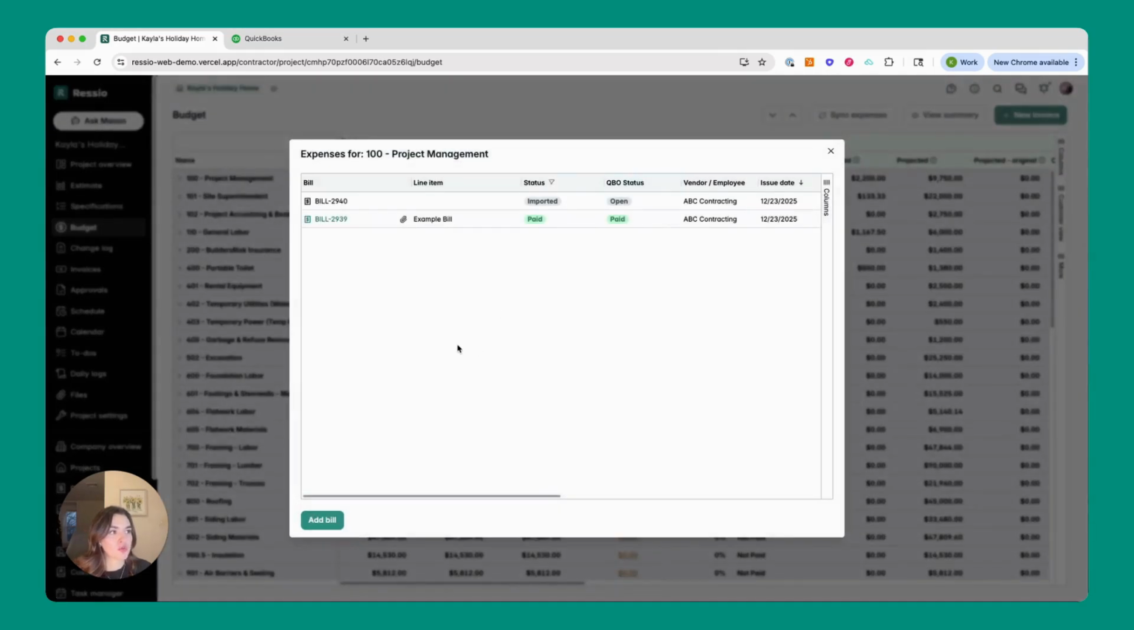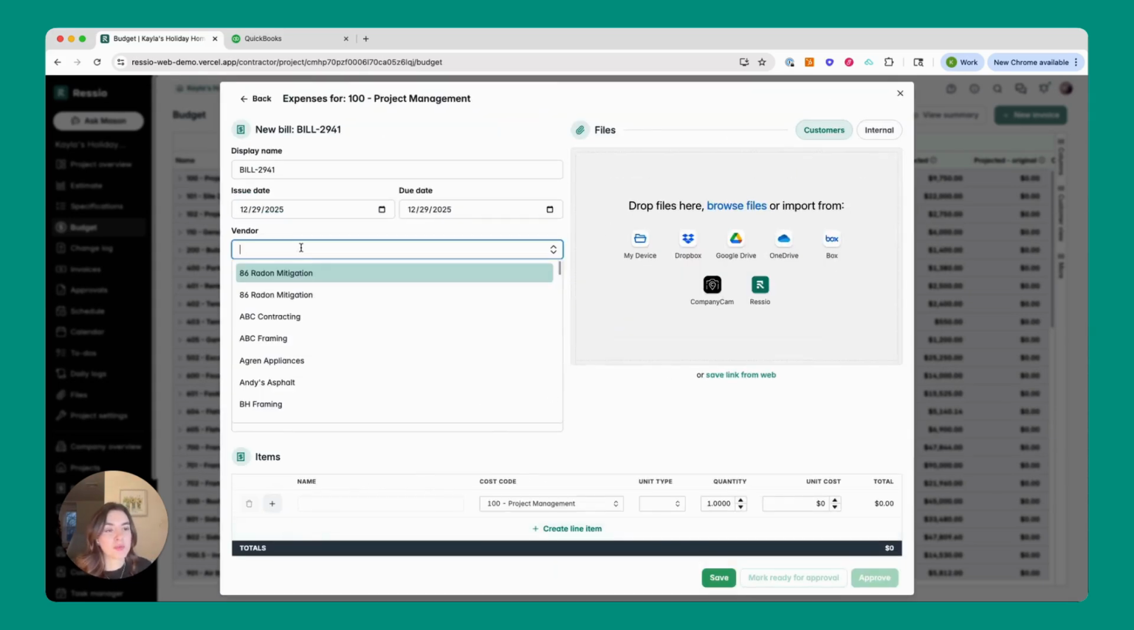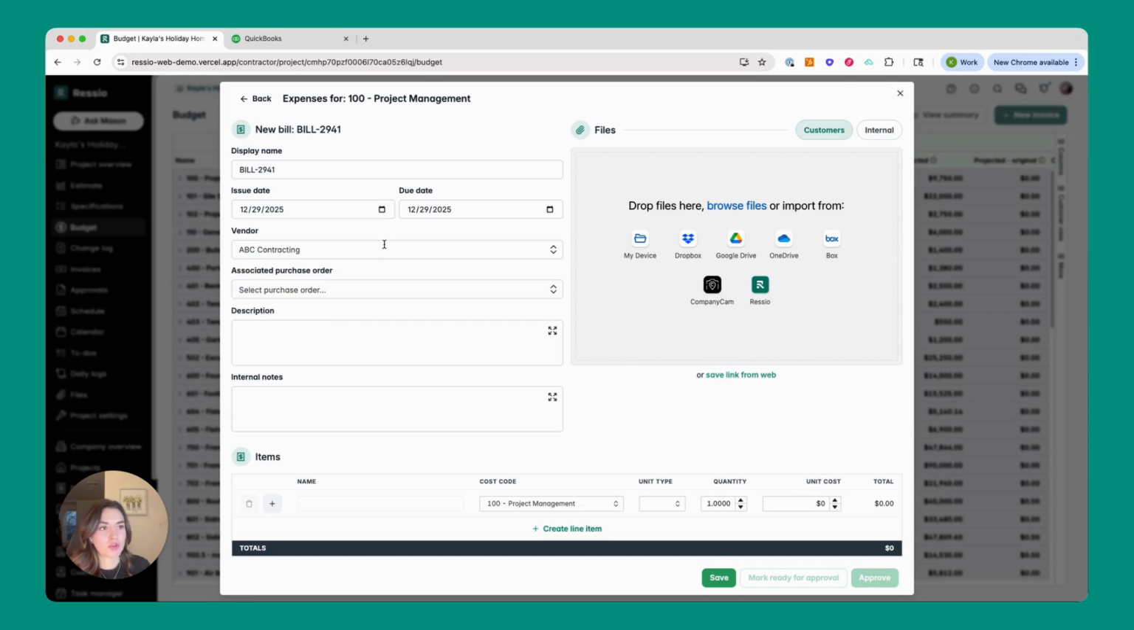We're going to go through the process of entering a bill directly into Ressio and pushing that into our QuickBooks Online account. So I'm going to add a bill. Come on in here, you want to make sure you pick one of your QuickBooks vendors. If you want to come on in here and add any additional description or notes, that information can also sync on over to QuickBooks. So I'm going to just do an example right here and then put in some additional